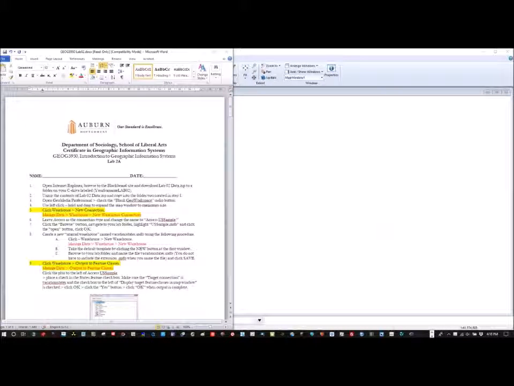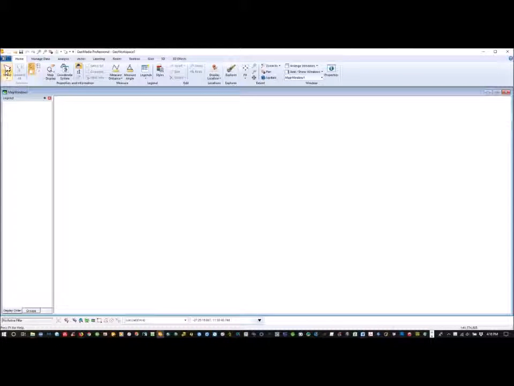I'm going to go through a few of the steps in Lab 2 that you seem to have a problem with. The first one you mentioned is item number 5 over here, click warehouse new connection. Well, right below that in red font is manage data warehouse new warehouse connection. So I'm going to minimize this and we're going to go manage data tab,